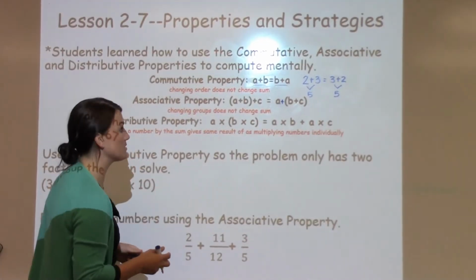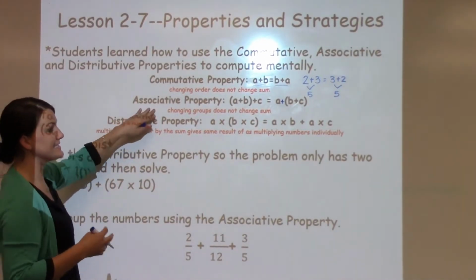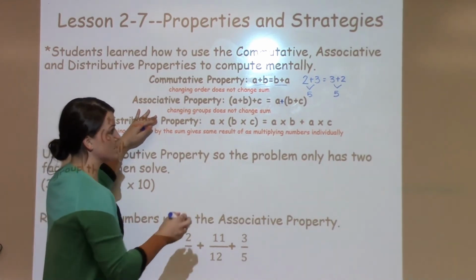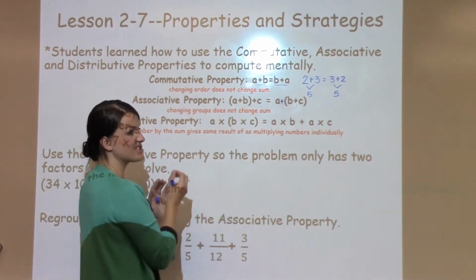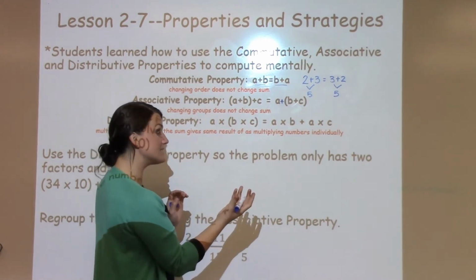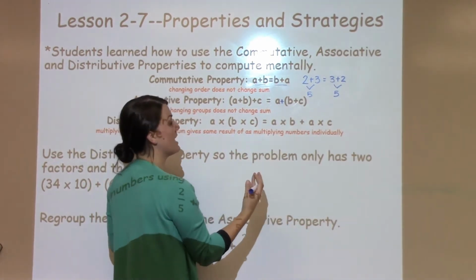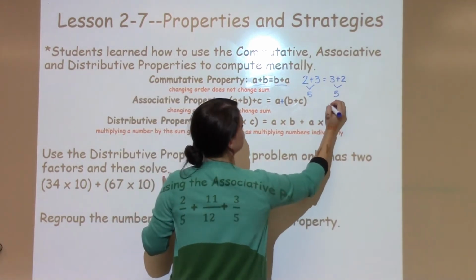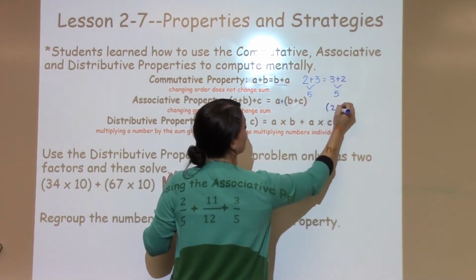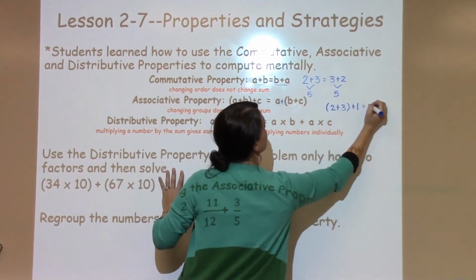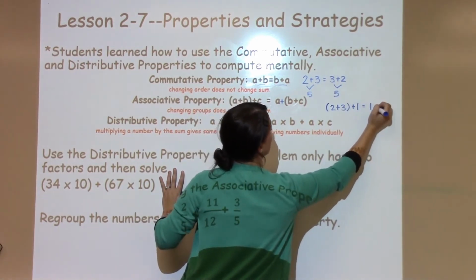Another property students learned was the associative property, which states that changing the order or the groups in which you solve doesn't change the answer. So for instance, a plus b, if I solved those two first and then added c, it would still give me the same answer as if I added b plus c first and then added a. So for instance, with numbers, if I had 2 plus 3 plus 1, it would give me the same answer as